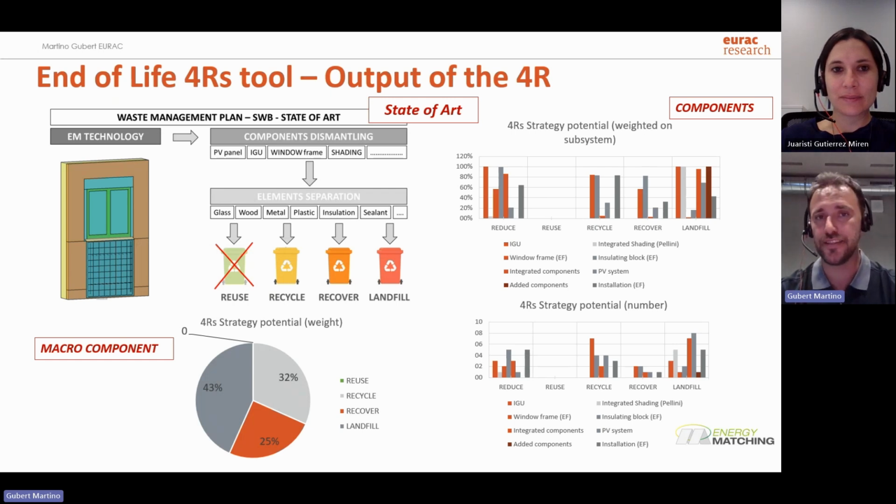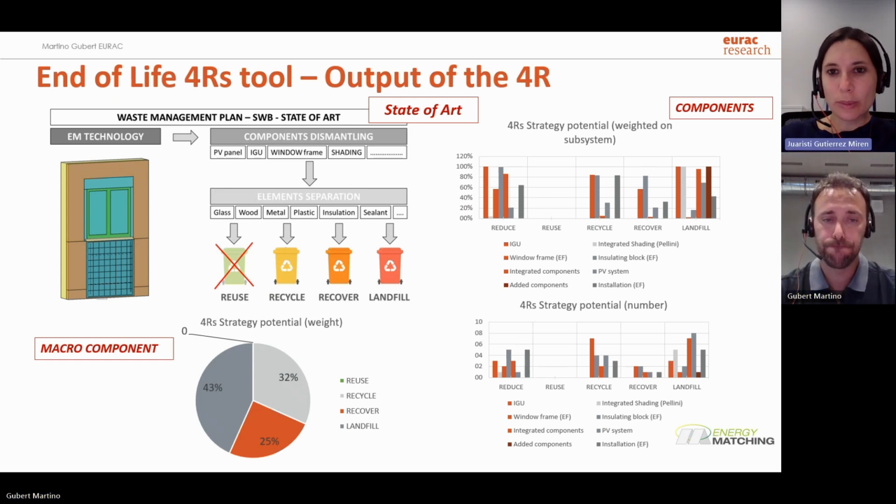This tool is quite easy. You can use it in the early stage, in the design phase, quite easily, and have an overall idea. And then, of course, if you produce a mock-up to run a dismantling process for real, you can check if you foresaw correctly in the beginning, in the design phase, and check if the end-of-life tool is quite correct to the reality. So this could be very useful also.